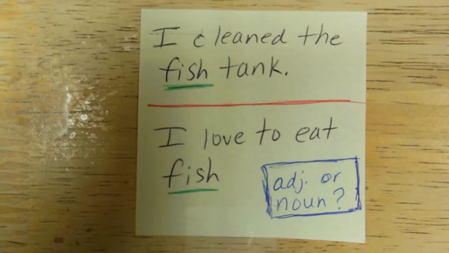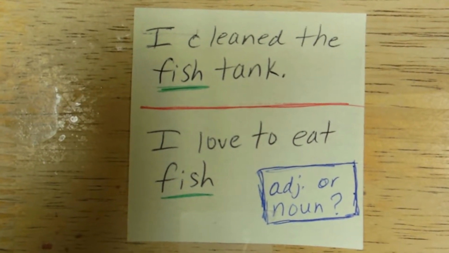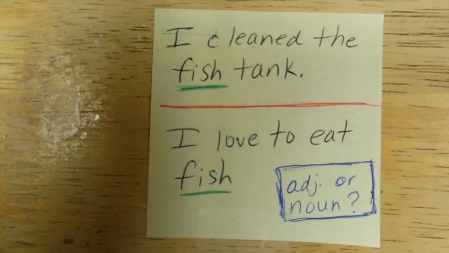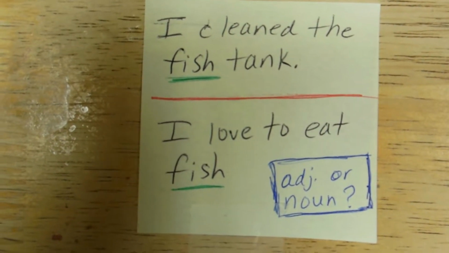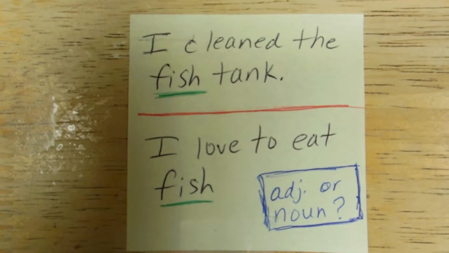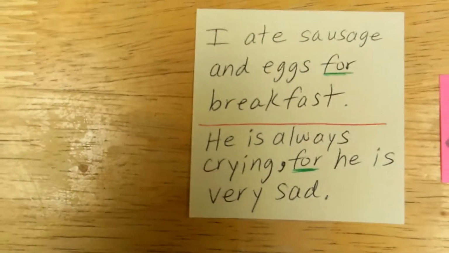In our first sentence, it says, I cleaned the fish tank. In this case, the word fish is describing the tank, therefore it's being used as an adjective. However, in the second sentence, I love to eat fish, fish is being used as a noun. The job of this word fish in the second sentence is that of a noun. So we have to be very careful when we look at some of these